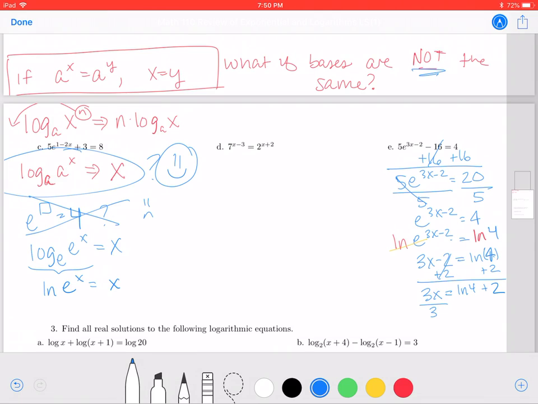Then to get x by itself, I divide everything by 3. So my final answer is natural log of 4 plus 2, divided by 3. And I'm going to give this guy stars because